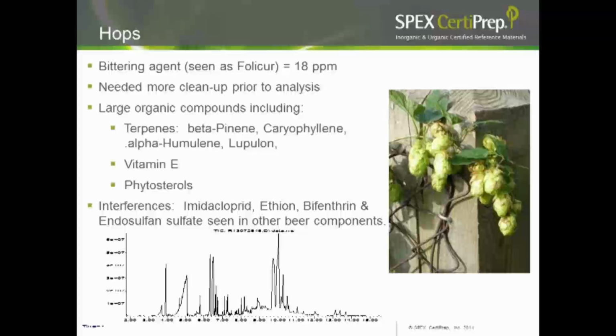By far, one of the most interesting compounds or constituents we looked at was the hops. It was full of all the different compounds. We did see that bittering agent up to about 18 ppm. And in order to see pesticides, we would really need to go further in our cleanup. We would need to add some of the other dispersives, the C18 and the carbon black, to really clean up